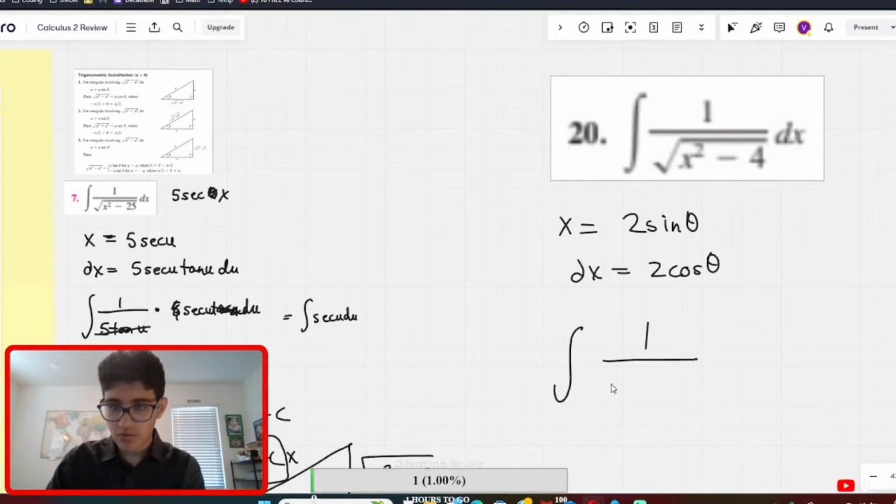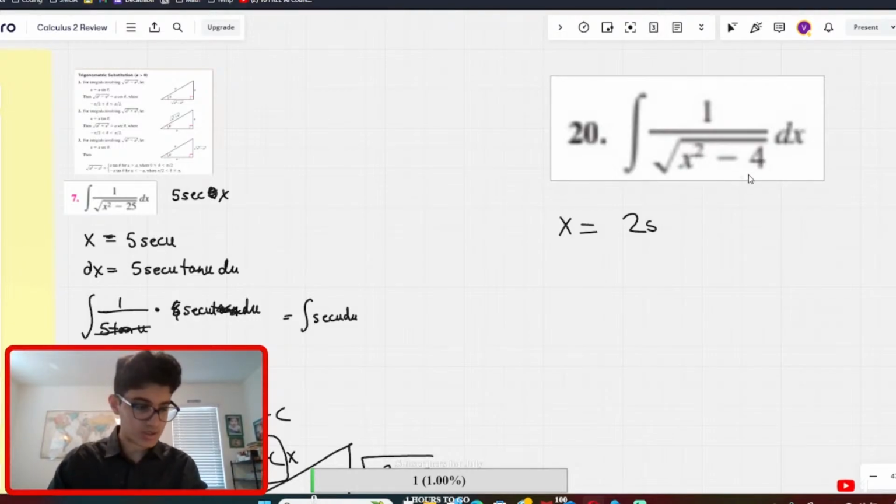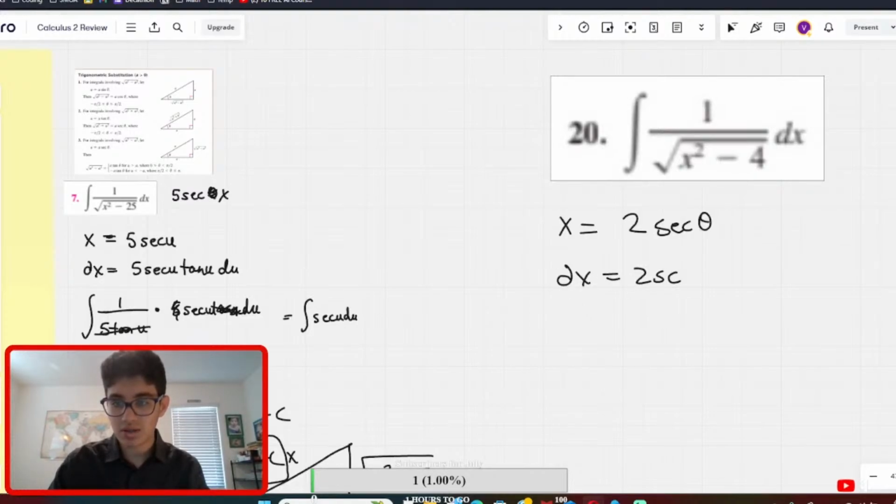So this becomes 1 over the square root of 2 sine square theta minus 4. Oh, sorry, this is again a secant one. This isn't to be done with sine and cosine. That's if it's 4 minus x squared. My bad. So this will be 2 secant of theta, so dx is again equal to 2 secant theta tan theta d theta, which means that we get